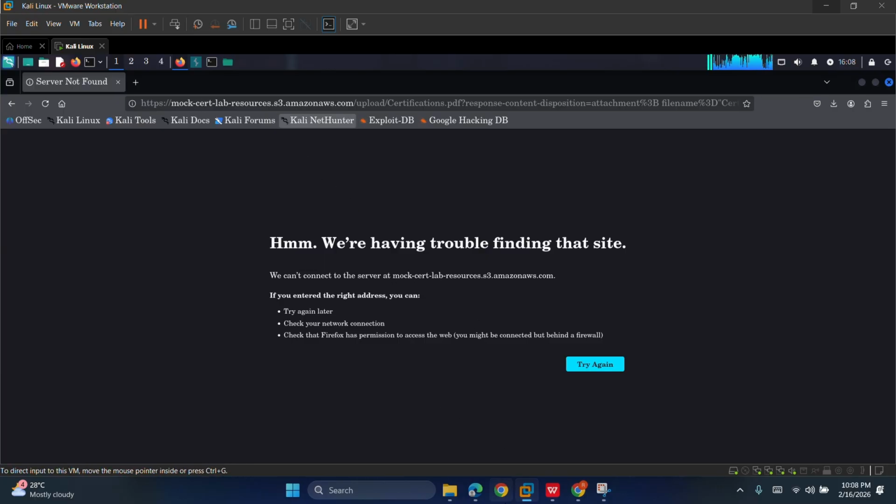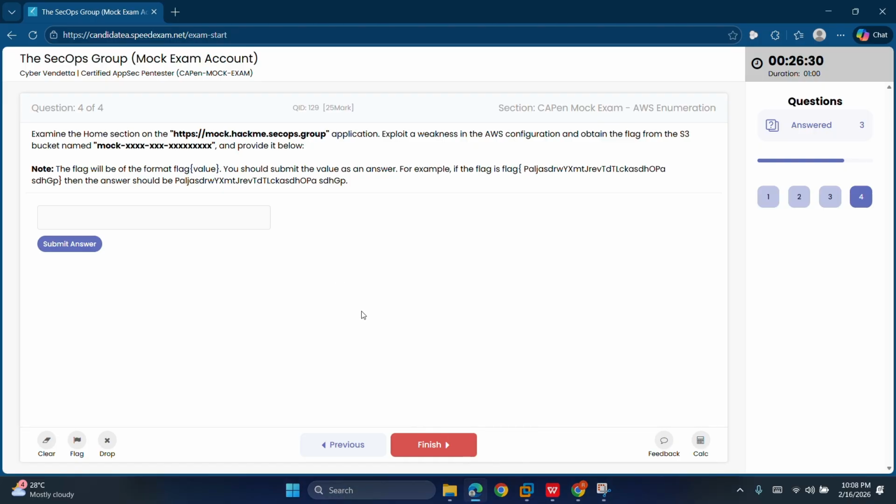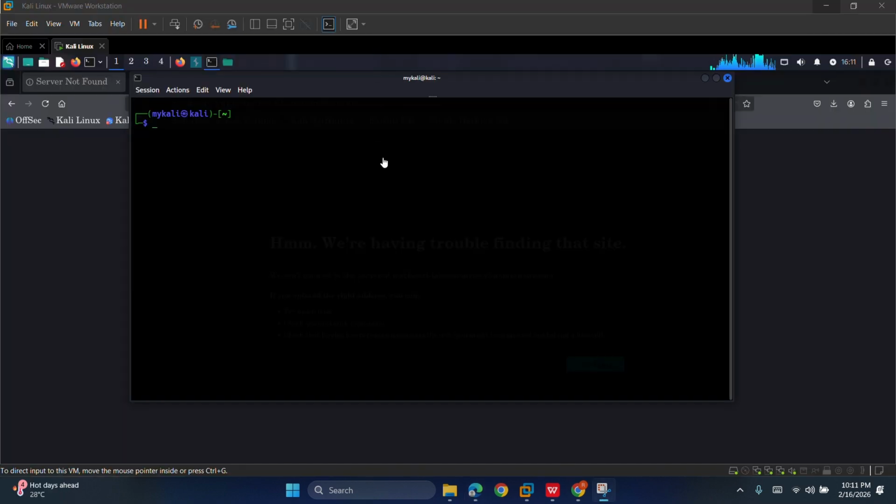Now that we have the name of the buckets, what's the next thing that we are asked to do? It says exploit a weakness in the AWS configuration. Obtain the flag from the S3 buckets. So let's check our options. To access the buckets, we'll actually have to use the AWS CLI to try to get the content